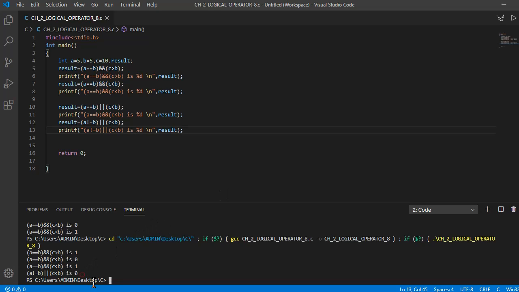See that. Now for the logical operator OR, if either of the operands is true, it will produce the result as true. But in this case, A not equals to B, whereas we already know that A is 5 and B is another 5. So A equals to B is true, so A not equals to B must be false, and C is certainly not less than B because C value is 10 and B value is 5. So in this case, both the first and second relational operators are false. So it will generate a result of 0. So that is false. Condition satisfied.